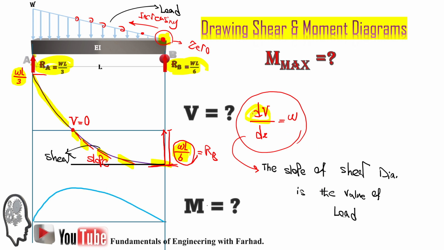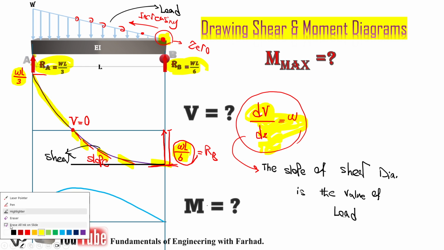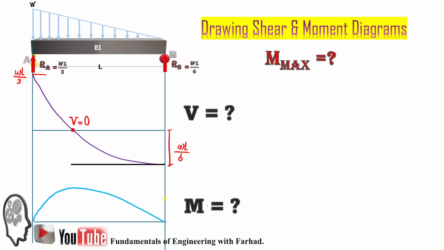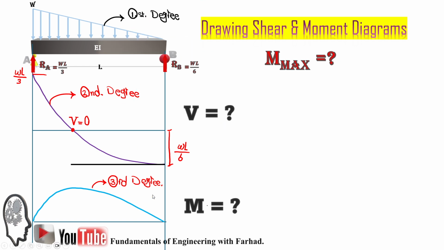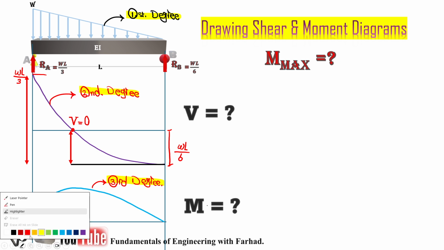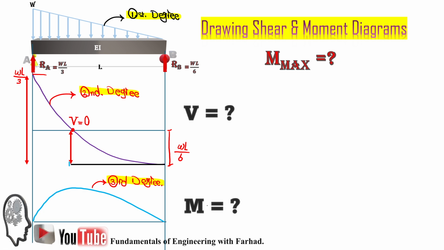That's an interesting interpretation of this formula. We do have the same pattern as well for drawing the moment diagram. So the load is first degree, the shear is second degree, and definitely the moment is third degree. And also, if you draw a line from here to here as well,